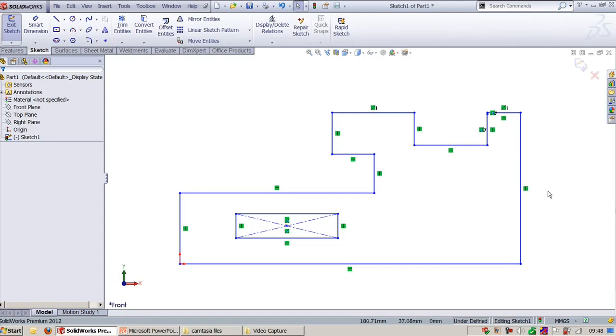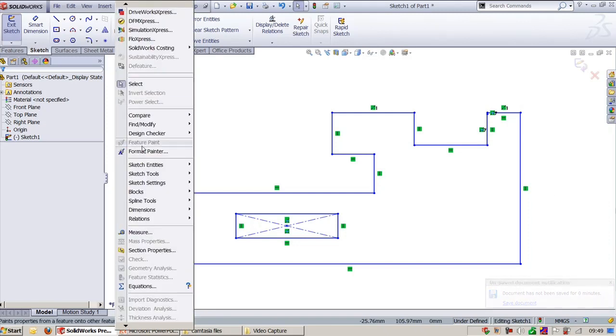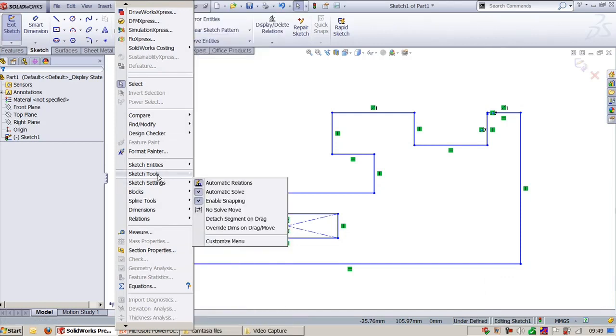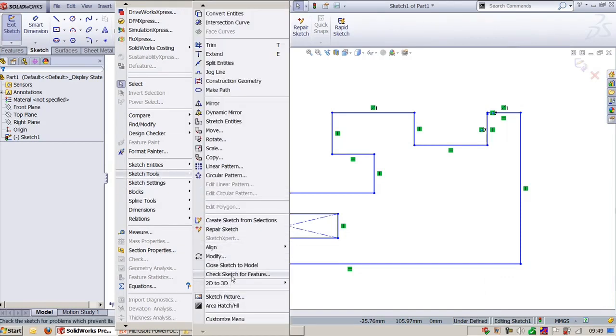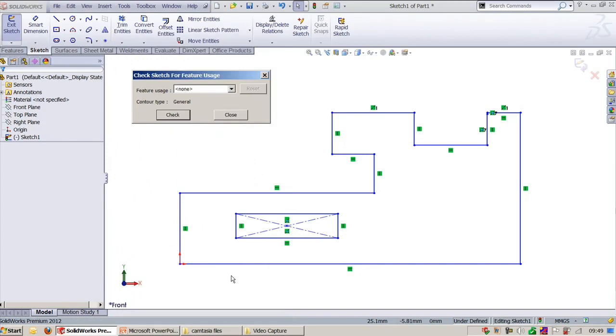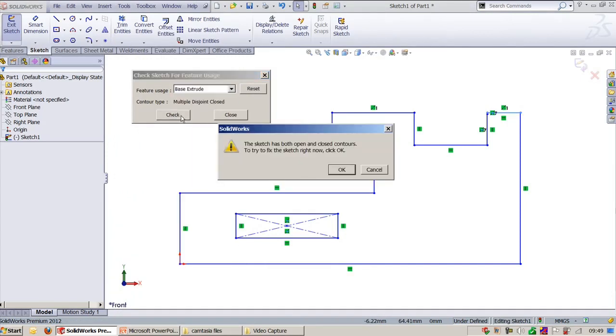But let's go and see whether the software detect the mistake what we did for creating the extrude. I'll go to sketch tools. Here I have check sketch for feature, and here I will say base extrude, and if I use check, it will give you